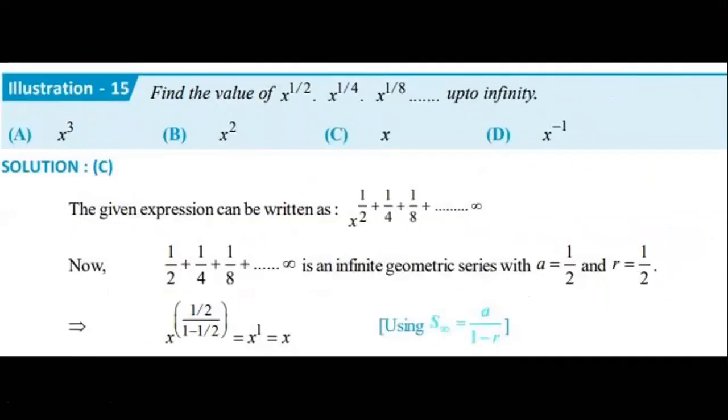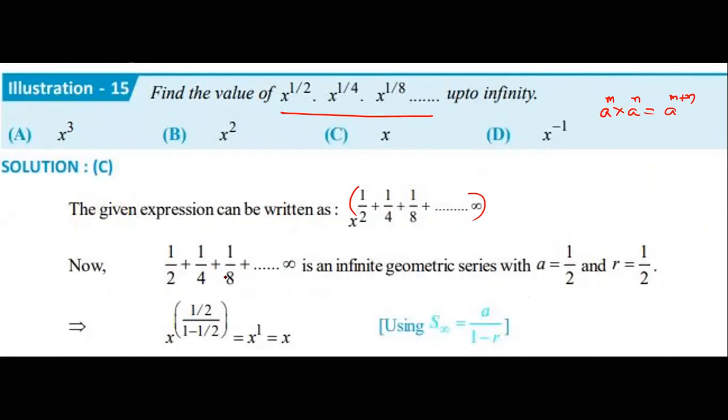What is the answer? Find the value of this one. Simplify. That's the question. Up to how many terms? Up to infinity. So I'm writing here the formula: a power m into a power n. What is the formula? a power m plus n. Like that, here the bases are equal, which means the powers should be added. That's the meaning. First of all, you should focus on the powers. What are they? 1 by 2 plus 1 by 4 plus 1 by 8 and so on up to infinity.